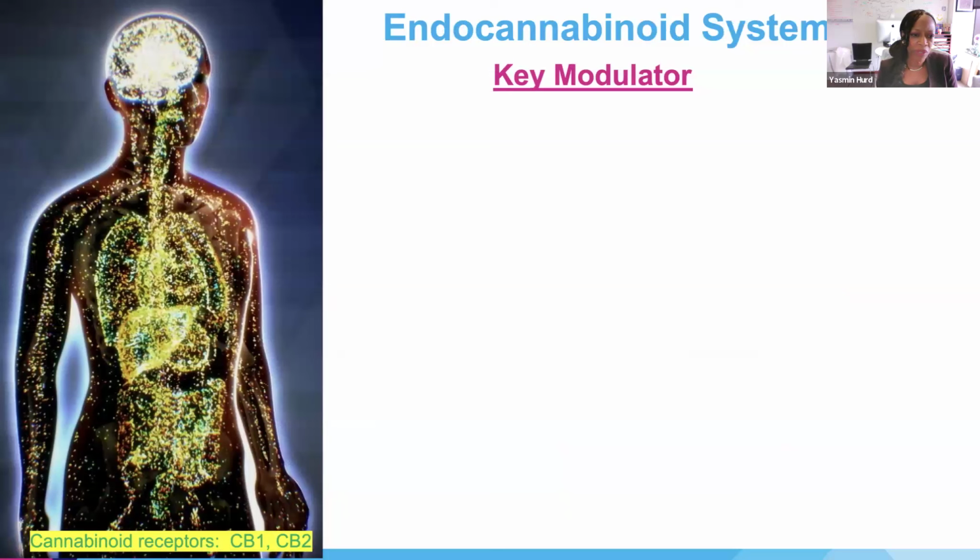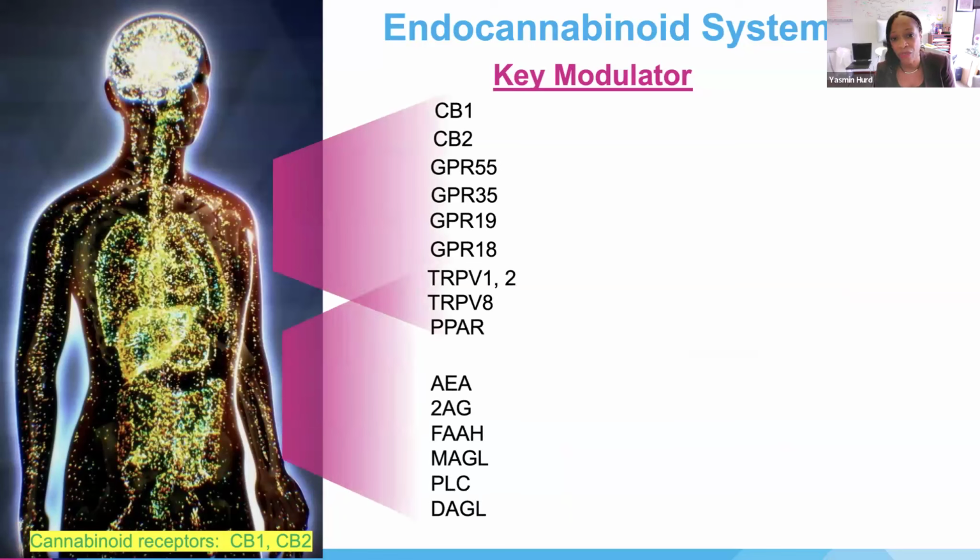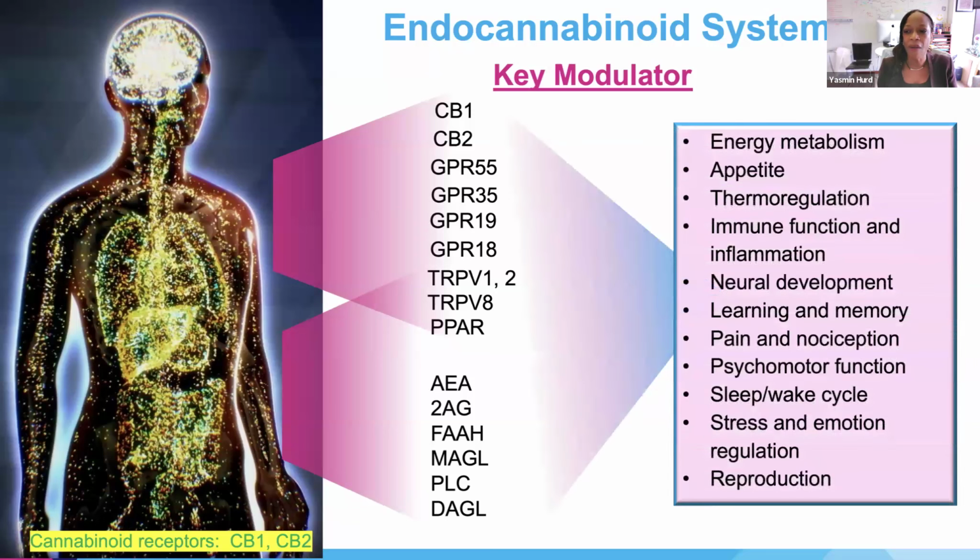When we think about the endocannabinoid system, like I said, there are these two cannabinoid receptors, CB1 and CB2, but there are many more than that. I didn't emphasize that in the last diagram. There are all these receptors. These are cannabinoid and non-cannabinoid receptors that mediate the actions of our endogenous cannabinoid ligands. There are many of them, in fact, more than I have here. And these endocannabinoids are synthesized and degraded by a number of enzymes that we still don't understand, but they're key regulators of a number of biological functions.